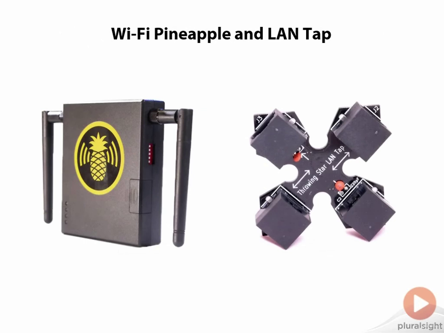So here are two simple ways of intercepting traffic. And the one on the left is a Wi-Fi Pineapple. This is a device that I often use in my presentations when I talk about the importance of transport layer security. I won't go into the details of it here, and you may actually see this show up in more detail in a later course, but for now, all you need to understand is that this can act as a wireless access point. Not only can it act as a wireless access point, but it can log every single packet